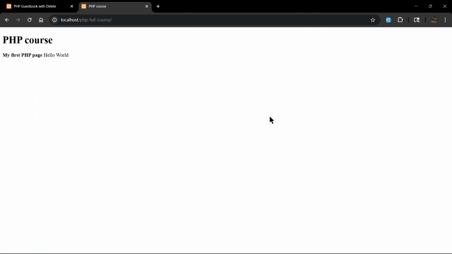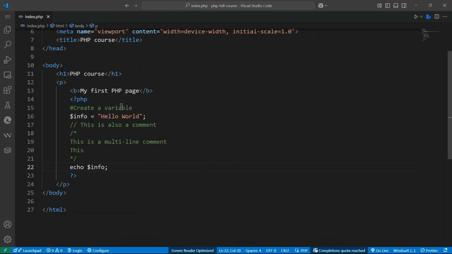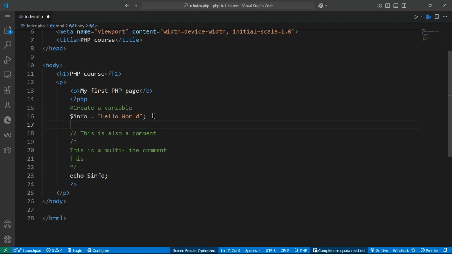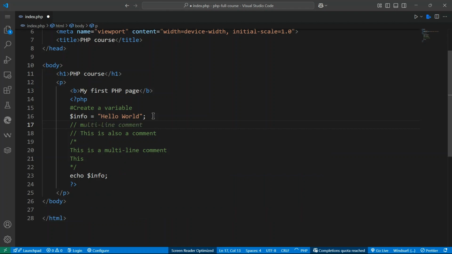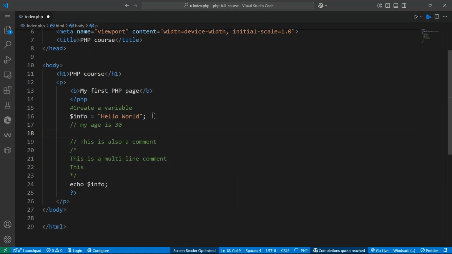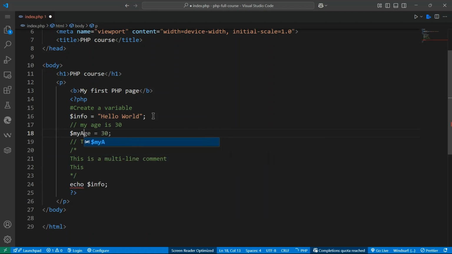So this is how you create a variable. You can create a variable for anything. Let's say, for example, info. You can also create my age. Say my age is 30, and I can do my age. That's not my age. My age is equal to 30. So if I do echo again,